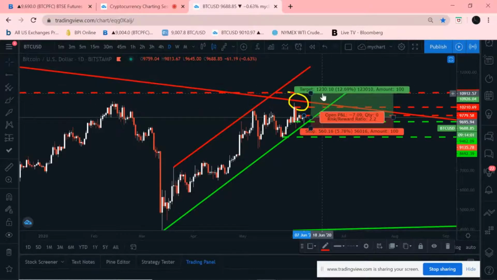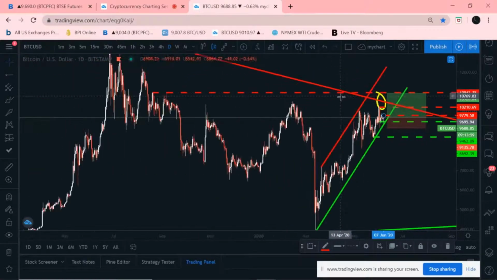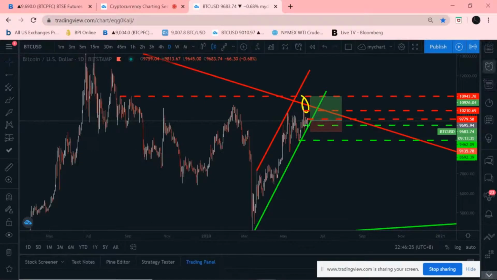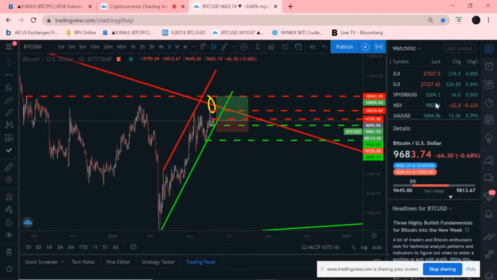And yeah, what I'm targeting is $10,900. And of course the possible supports I'm looking at are the 9,000, the 9,400 and the $8,700. Also, let's go to the CMC chart,